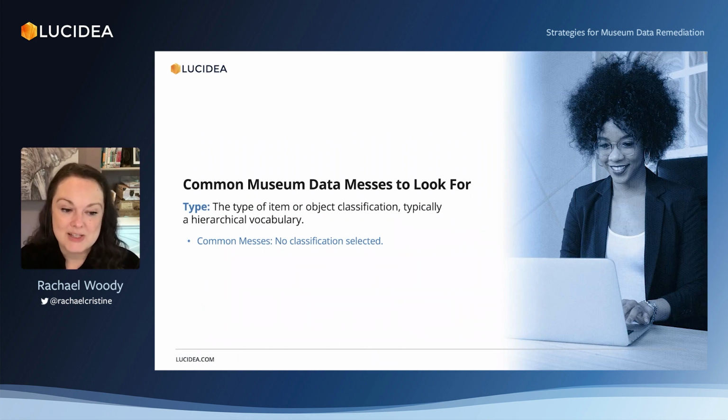The most common mess I see in here is that there is actually just no classification entered. In earlier days especially, and depending on how overwhelmed or overworked museum staff are, this field typically gets skipped the most because the assumption is that the object title, or perhaps you've added tags or subjects later on, will do the heavy lifting. However, the type field can be extremely powerful, especially when we're trying to look at common collection types across multiple collections,